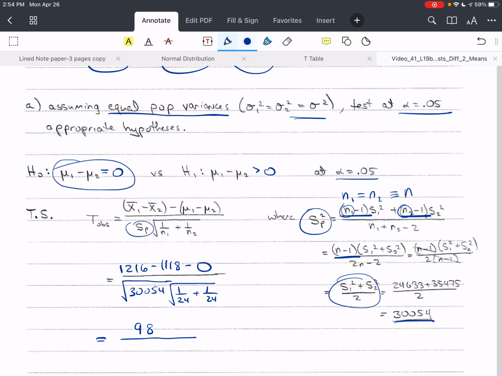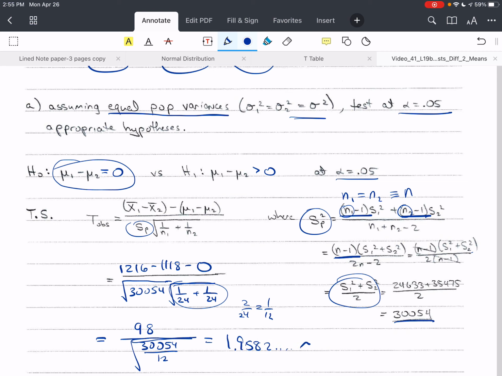so I can do 30,054 over, this will be 2 over 12 if I add these up. It'll be 1 over 12. 2 over 24 equals 1 over 12. So I can say 12 and then square root. Make sure you keep that under the square root. So I've got 98 divided by the square root of 30,054 divided by 12, close that parentheses, and I get